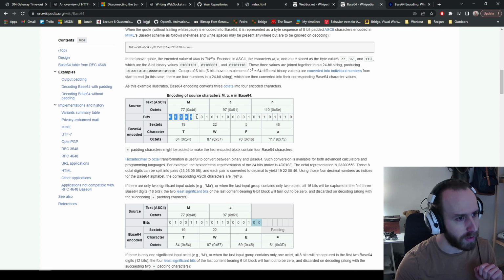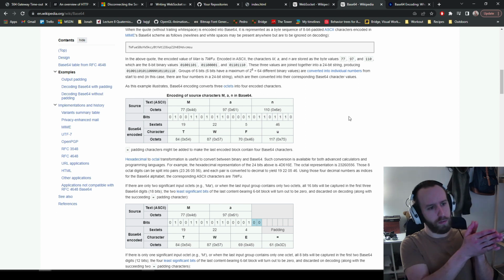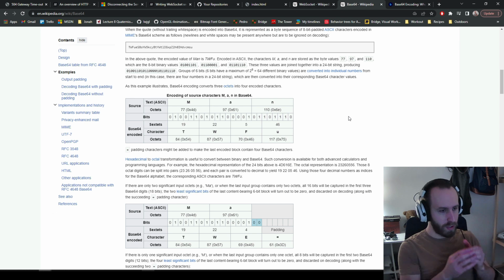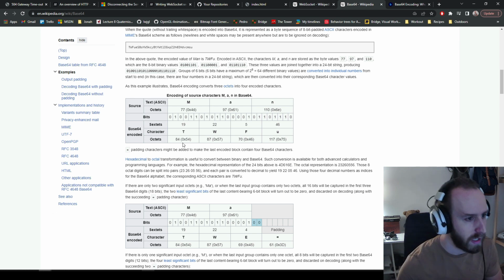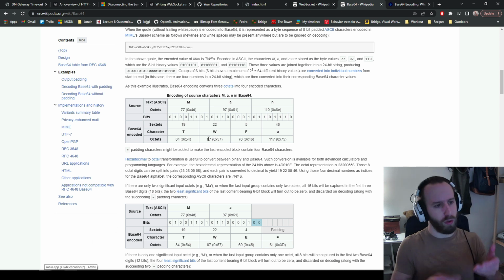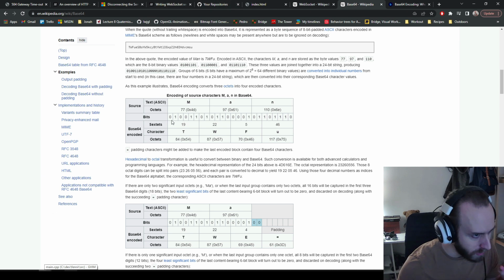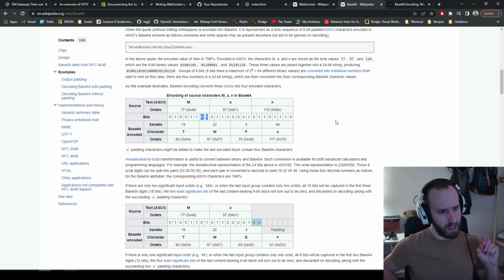So pressure's on here. So we need to break it up into 6. So we're going to read the first 6 bits. We can extract the value, look up in the table, and give us this new result. Then what do we do? Well, because we're reading 8 bits from an 8-bit number, there's always going to be 2 left. So what we could then do is just record